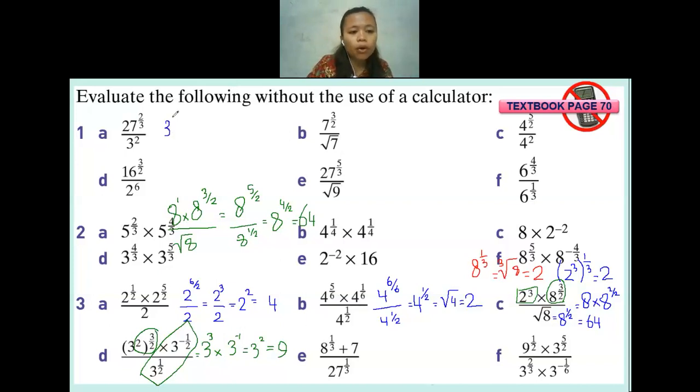Okay. So now maybe I will write it in here. We have 3 to the power of... Is there anyone who disagrees if I simplify 3 to the power of 2 to the power of 3 per 2 as 3 to the power of 3? Is there anyone who disagrees? No, right? But it's okay if maybe you disagree.